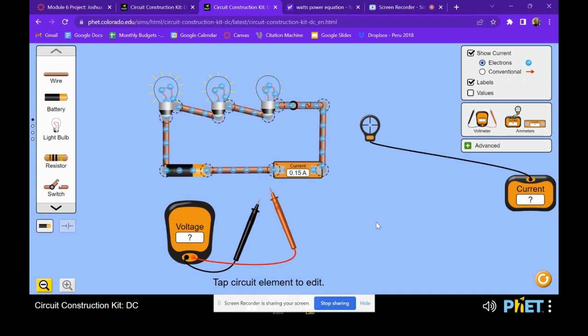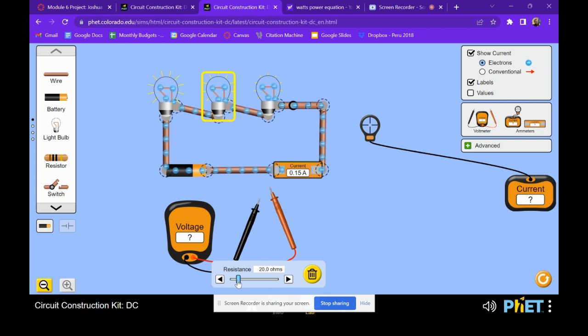To test why I'm correct, I can reduce all of the light bulb's resistance to 10 ohms. And as you can see, the current will increase. So if I bring these all back down to 10 and decrease that resistance, you can see that that current goes up. So we'll just bring these back so that everything is set. Okay. And then